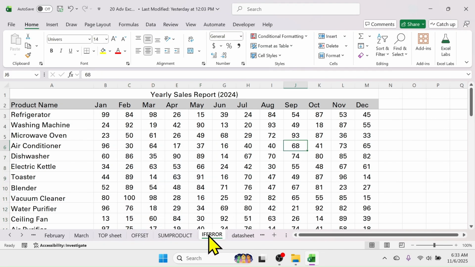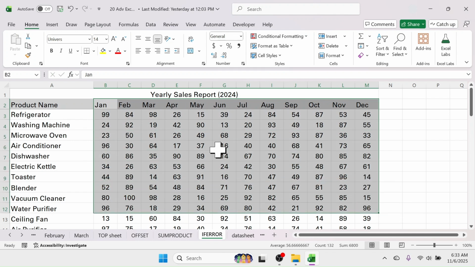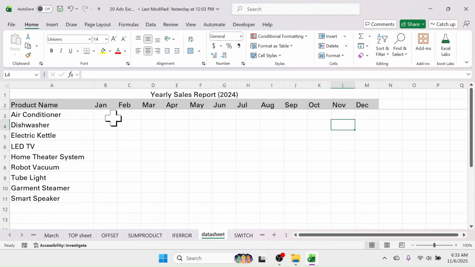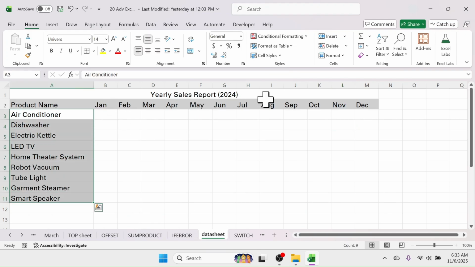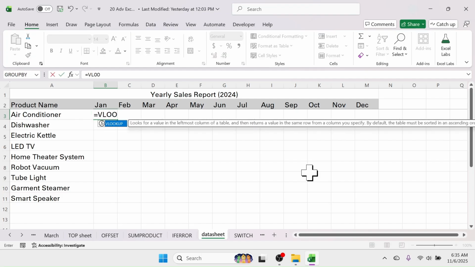To explain this IFERROR function use, I have the data here like the product name and their quantity sold in January to December. My requirement is to fill this data sheet with the information of sales quantities for these products for these months. So in this case, let me use the VLOOKUP, which is available in any Excel version. Press equal to, type VLOOKUP function,